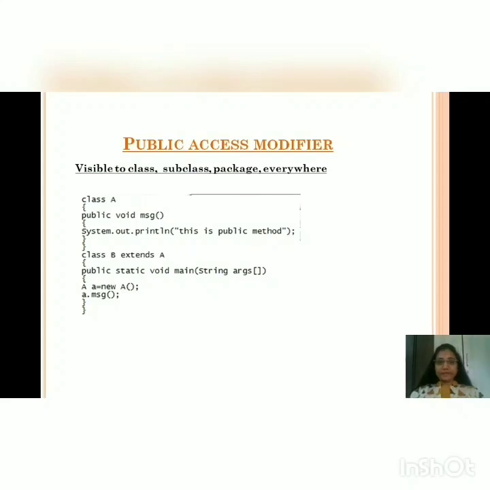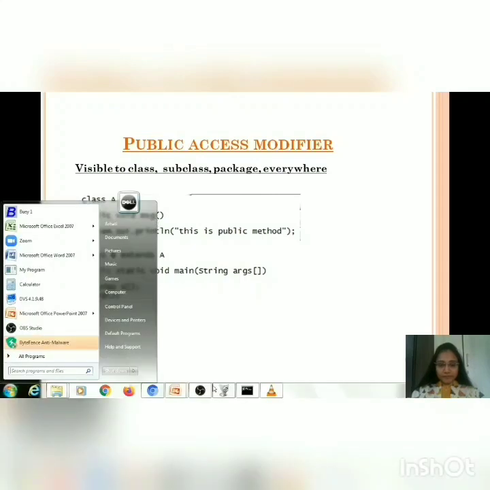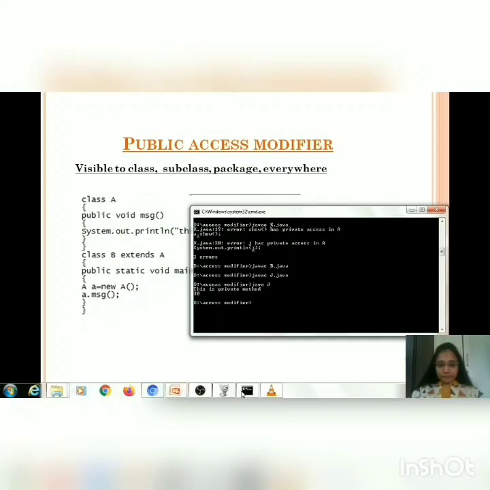Let's see. See, the output tells that this is public method, so the program runs successfully.